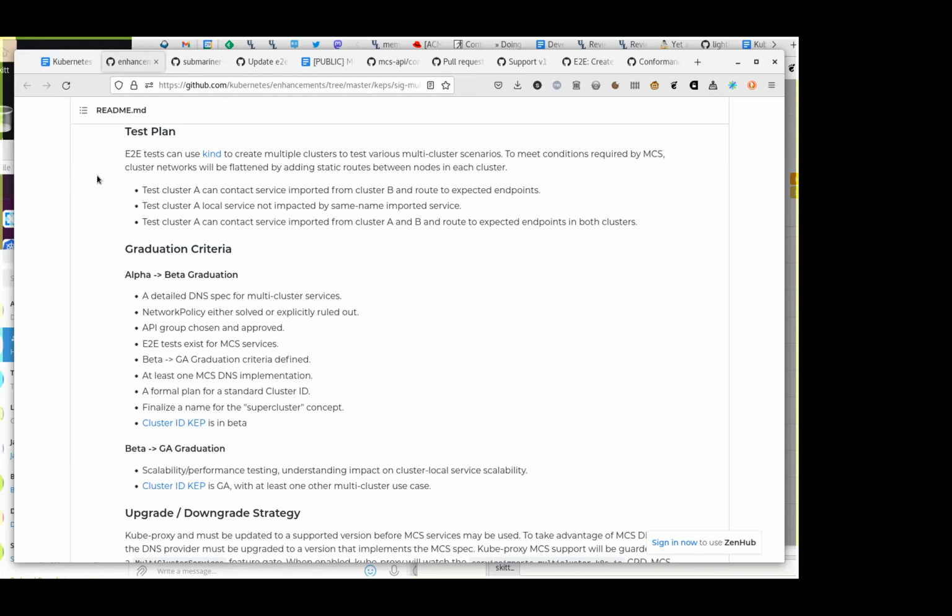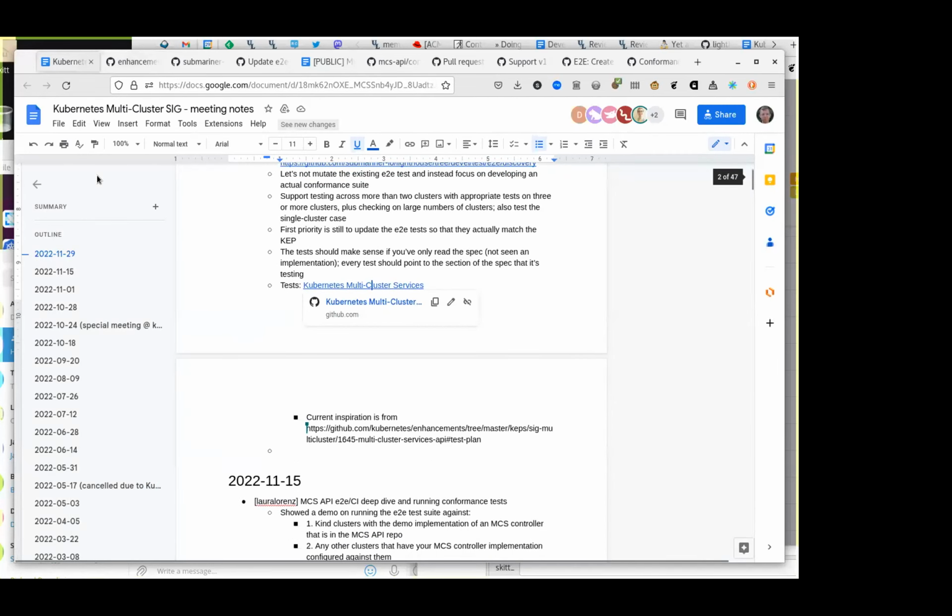So, I'm happy to have a work session about that with folks. I don't think it will take a lot of time, but I am hearing we're talking about adjusting the contents of that test plan just a little bit. Yes, I think so.